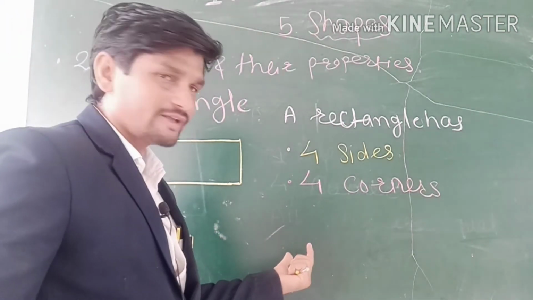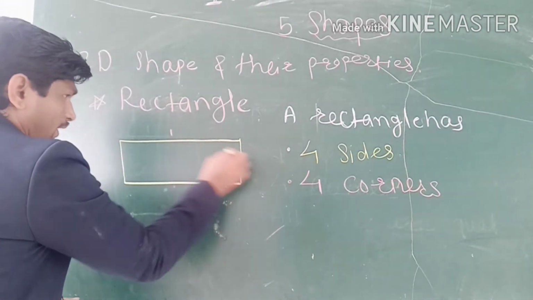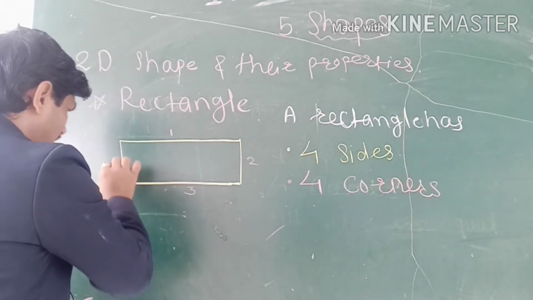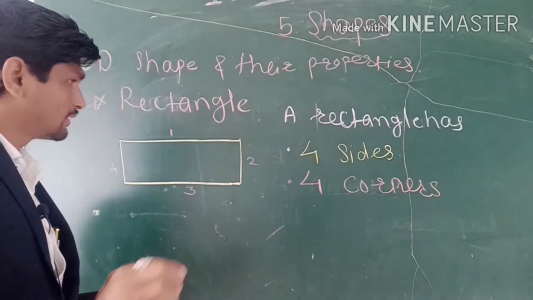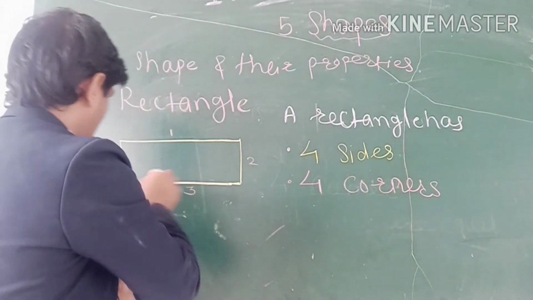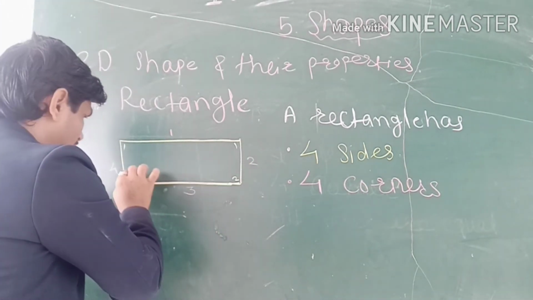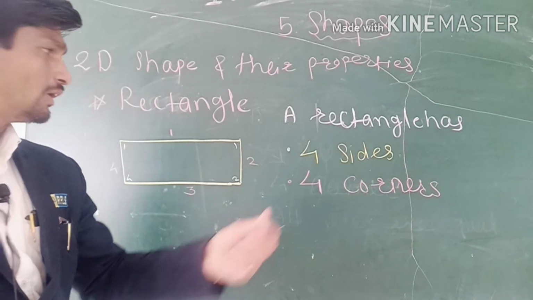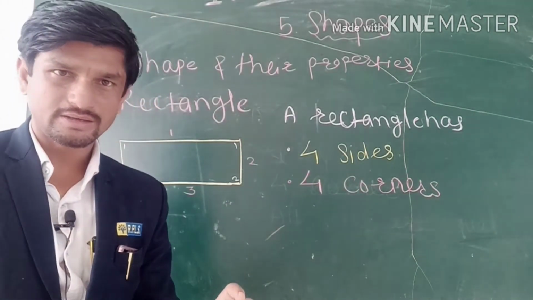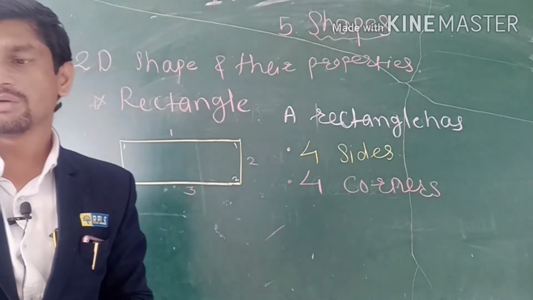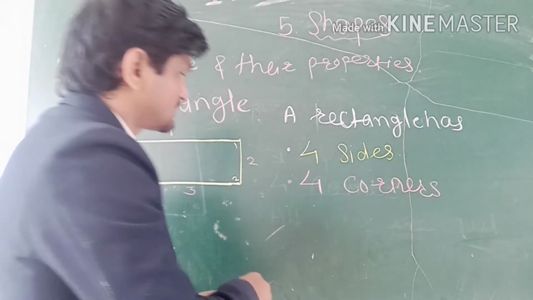Now got this about this? See, first of all sides 1, 2, 3 and 4. How many sides? 4 sides. Then 4 corners. Corners are here 1, 2, 3 and 4. So it has 4 sides and 4 corners. Understood about this? Now only about this, a rectangle has